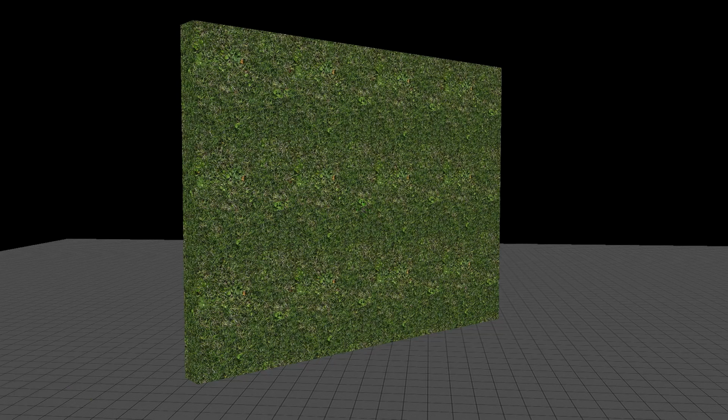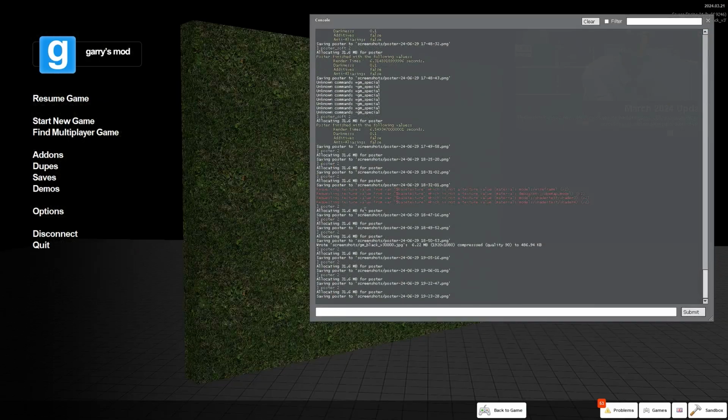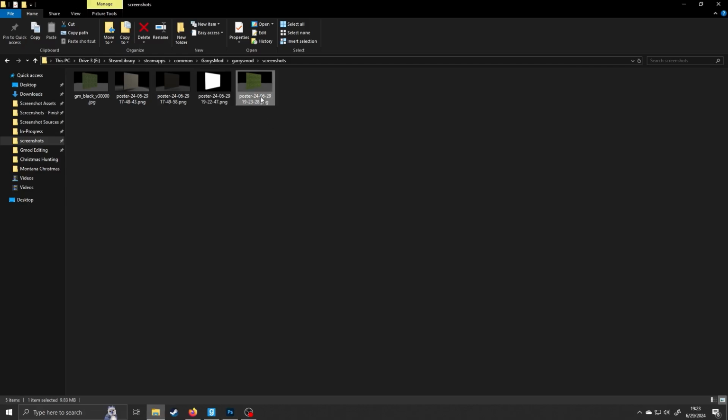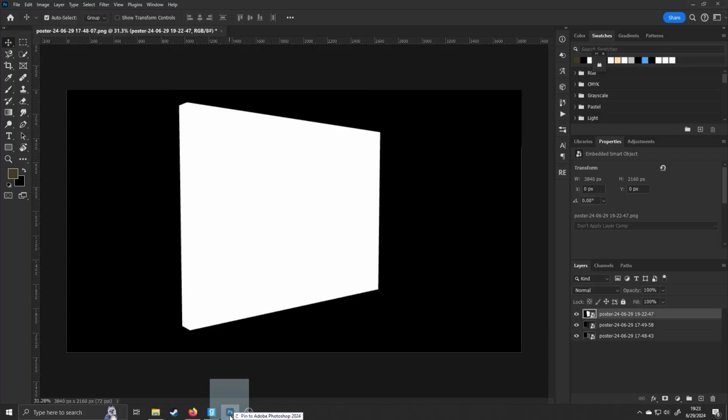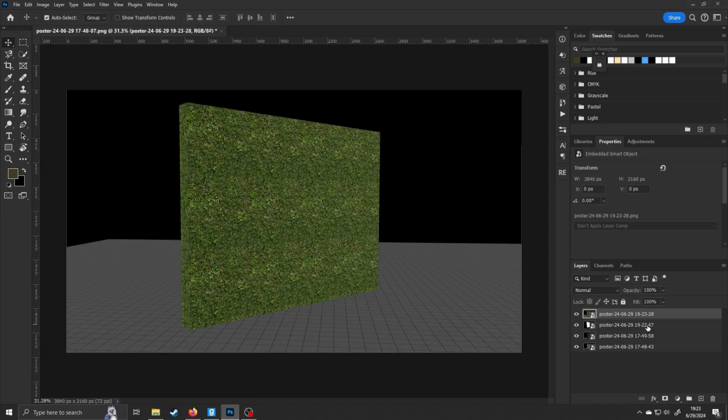Now, leaving it completely lit, don't turn off matte full bright or anything, just go back in. Another poster 2 command. Jump back into your screenshots folder and toss that one here. So it loads. Okay, now we're going to select the mask that we created, this one, and we're going to hit Control A to select it, Control C to copy it, go up here, select the new material, apply a